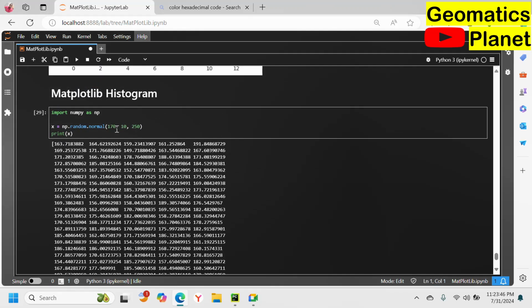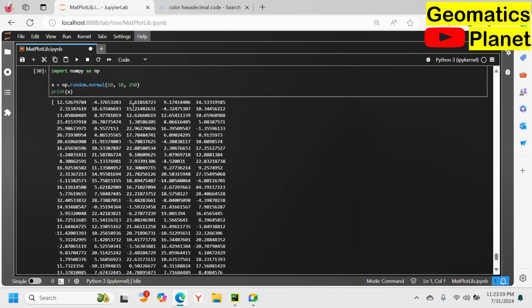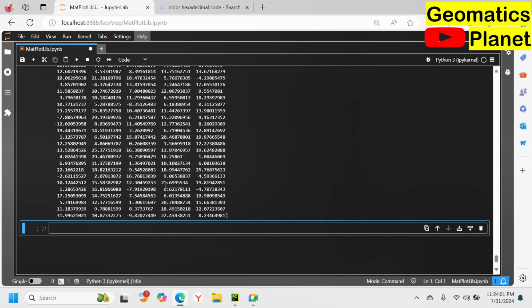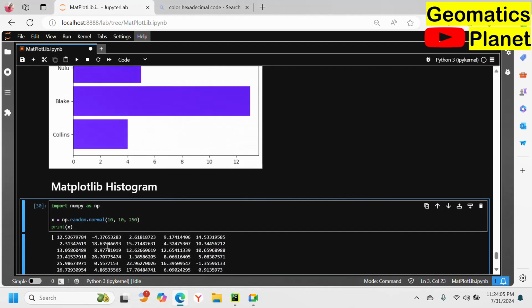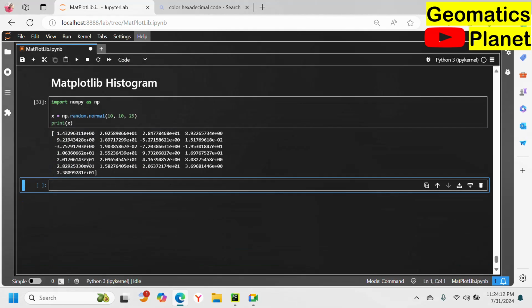So it means that if I need a number that is about 170, and I need a standard deviation of 10, and the number has to be centered, I need about 250 of them. So the total number I have here is 250. If I need 25, it means I have to remove this and have only 25. If I run this, it means I will generate a random number of 25 with the value of,